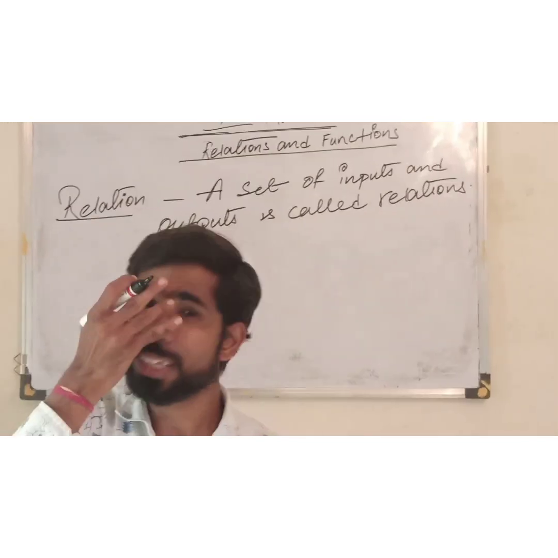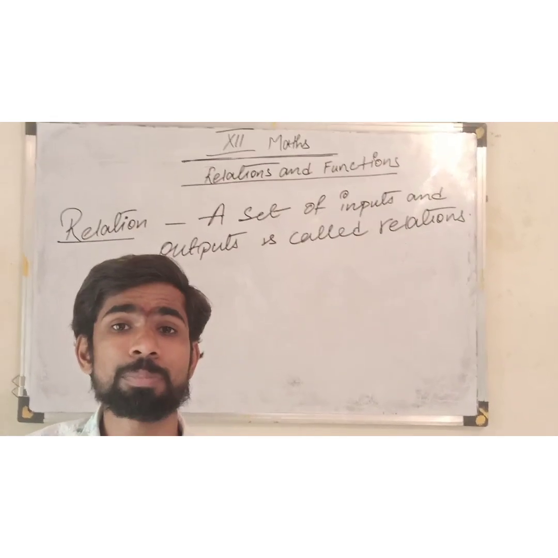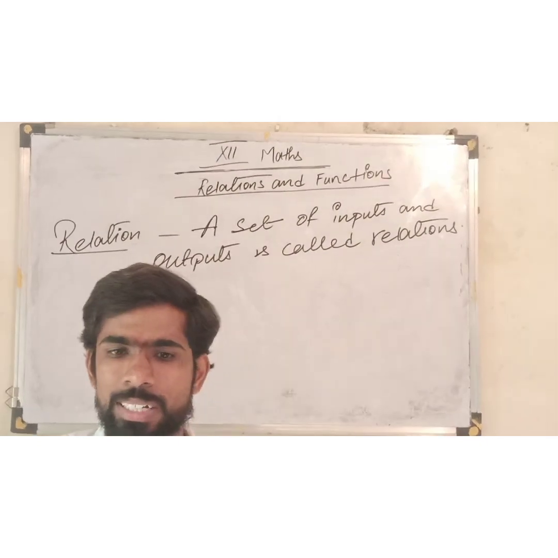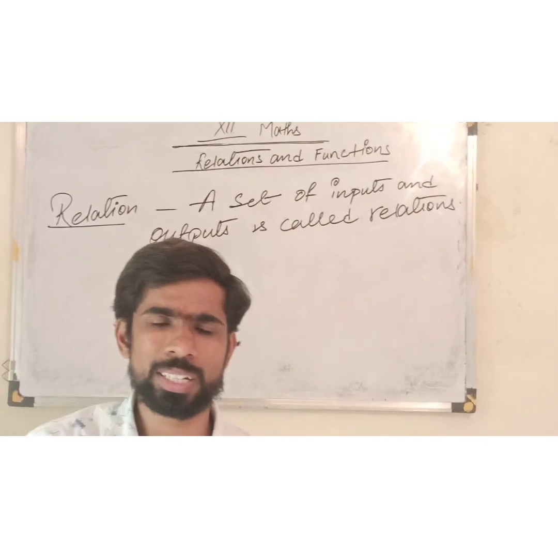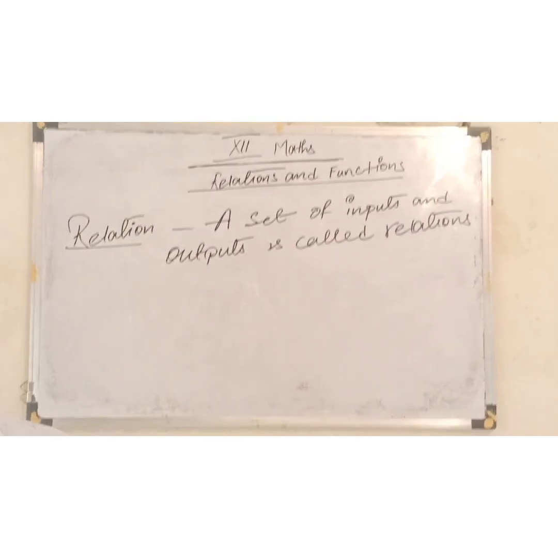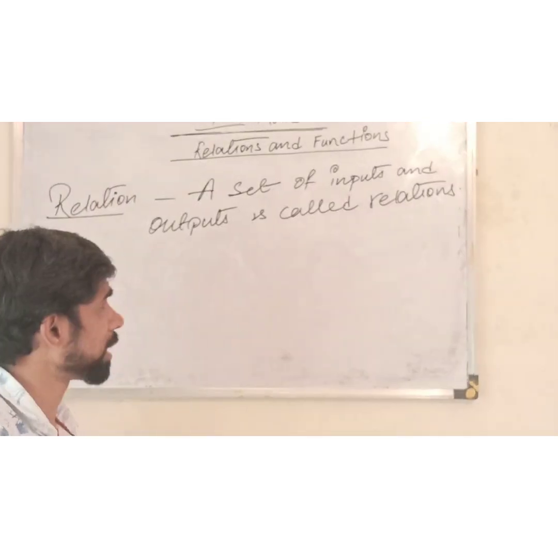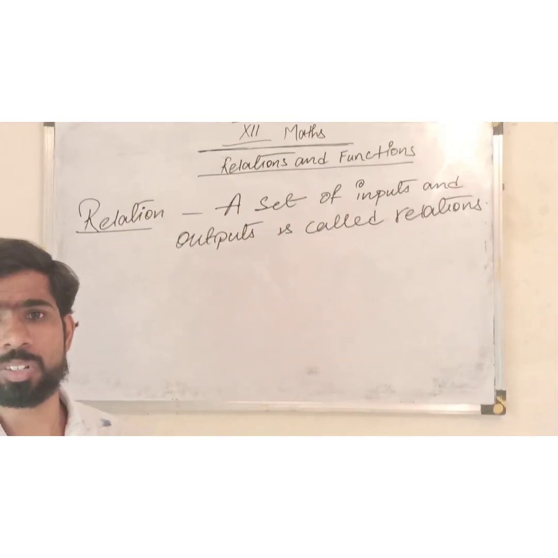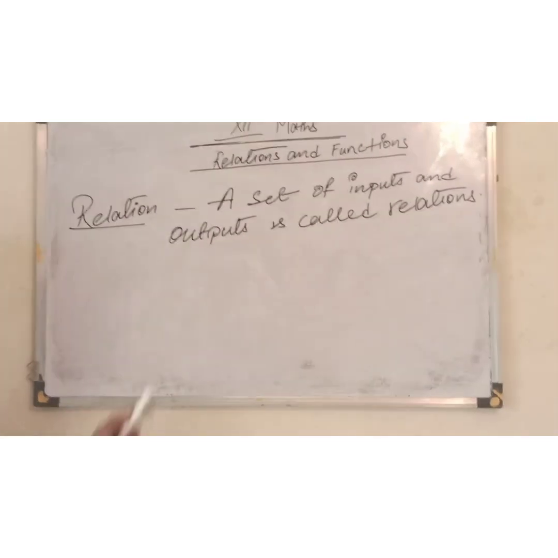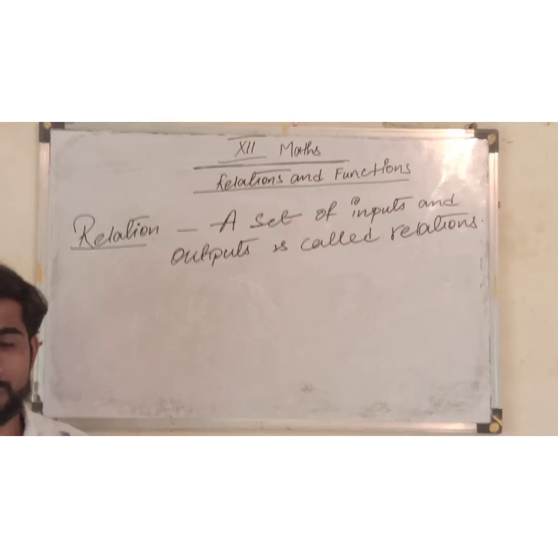Like we did in 11th class, we have taken examples also. For example, we have to make a juice. If we take sugarcane, then we will get sugarcane juice. If we take orange, we will get orange juice. So what is input and what is output? Whatever we are placing is the input, and that is only the product. So like that, a set of inputs and outputs is called a relation.